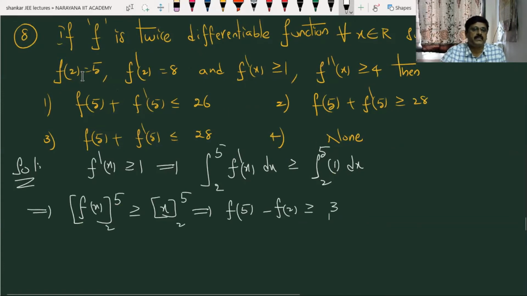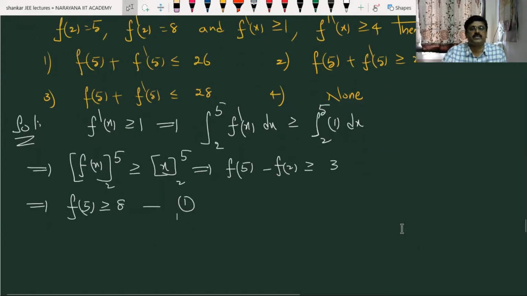In the data it is given f of 2 is equal to 5. See here, f of 2 is equal to 5. Then you will be left with f of 5 is greater than or equal to f of 2, already 5, 5 plus 3, 8. So this is equation number 1, students. Next, also given that